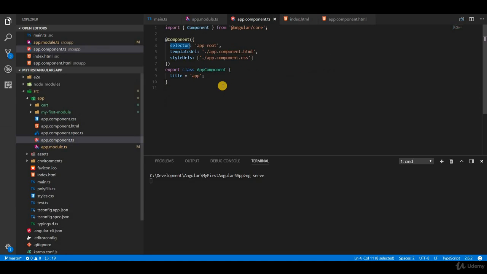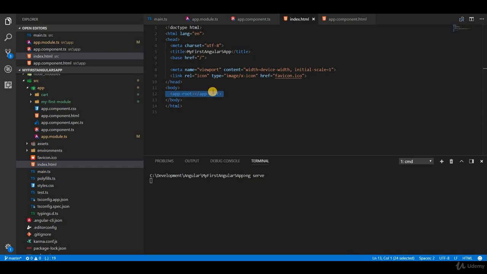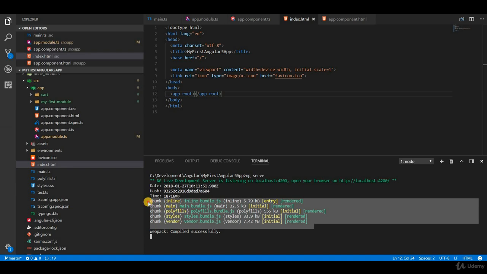So what Angular is going to do now is fetch the template from the template URL that you have specified. It will compile that template, and then inject that compiled template inside this app-root tag. Let's just wait for ng serve to run. It has compiled the application and generated these files here, these 5 files. This is basically the bundle that I was talking about